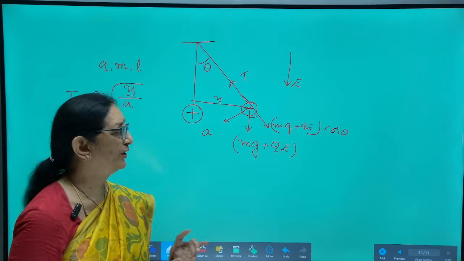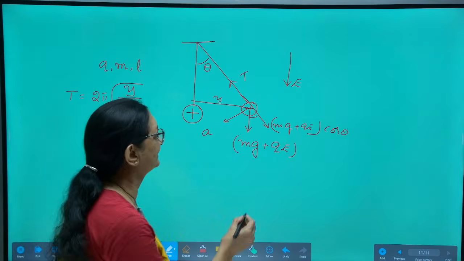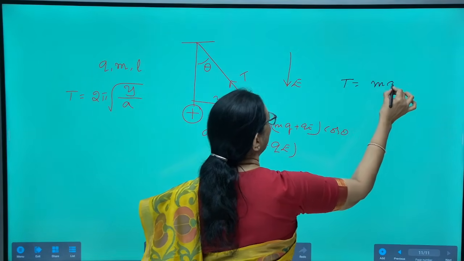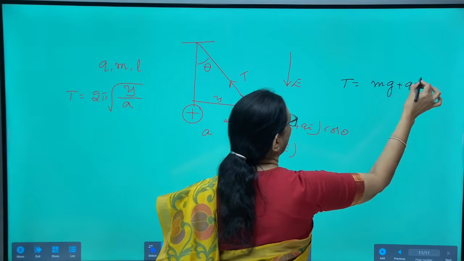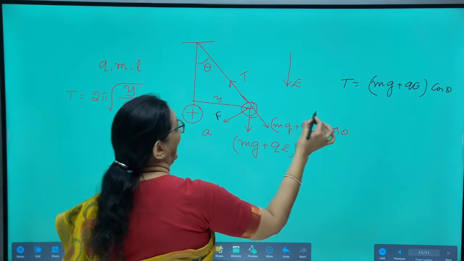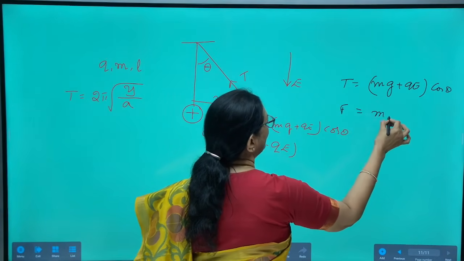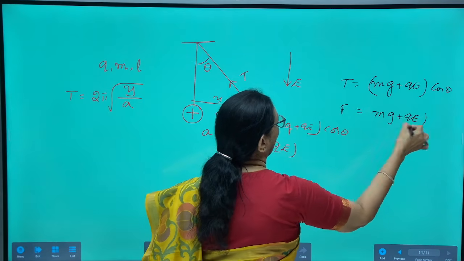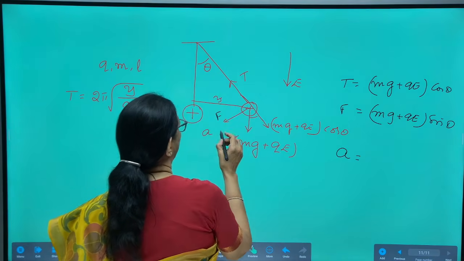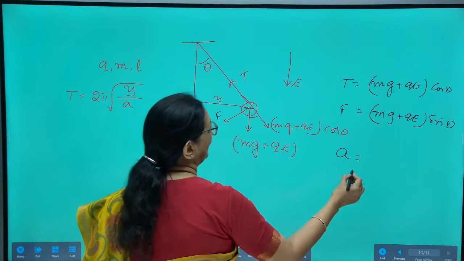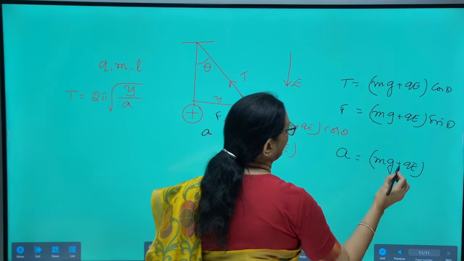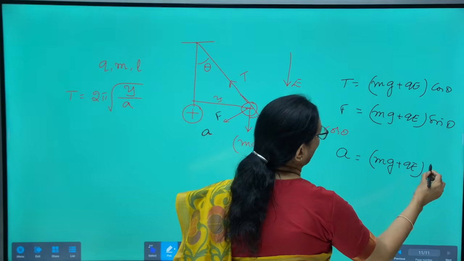Here one model is, it is pulled aside through an angle theta. At that position, what is the tension in the string? That is (mg plus QE) into cos theta. What is the restoring force acting on it? That is (mg plus QE) into sin theta. What is the restoring acceleration, or acceleration towards the mean position? That is (mg plus QE) sin theta